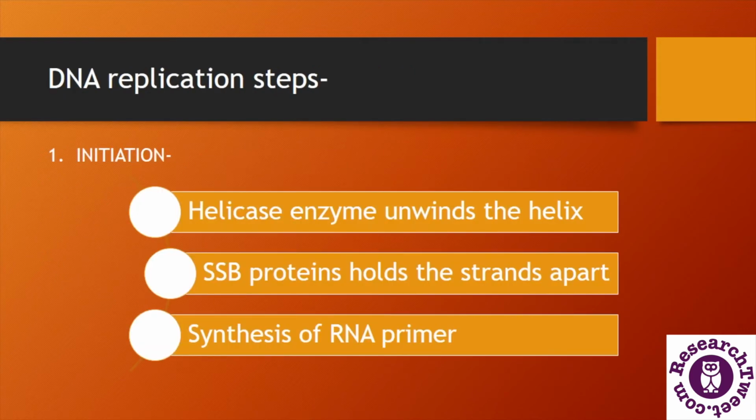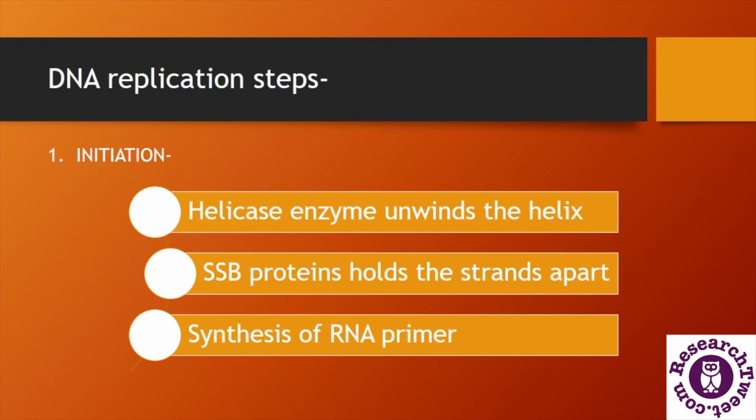After the formation of the replication fork, DNA replication starts or initiates. Once the helicase unbinds the strands, it is necessary to prevent them from rewinding. This is done by SSB proteins, or single-stranded binding proteins, which bind both the separated strands and prevent them from binding again. DNA polymerase can only elongate an existing primer strand of DNA or RNA. So the RNA primer is synthesized and binds to the 3' end of the DNA strand, and then DNA polymerase comes and elongates the DNA chain.